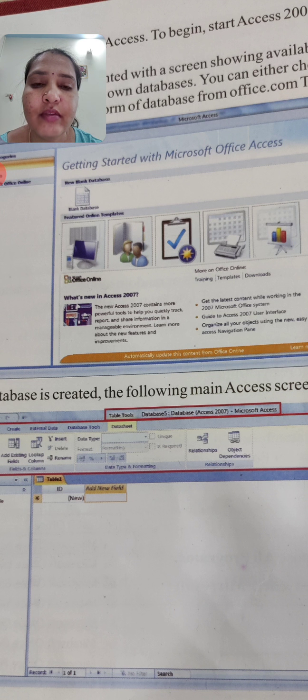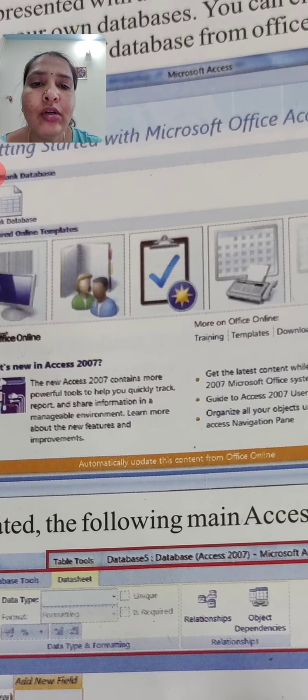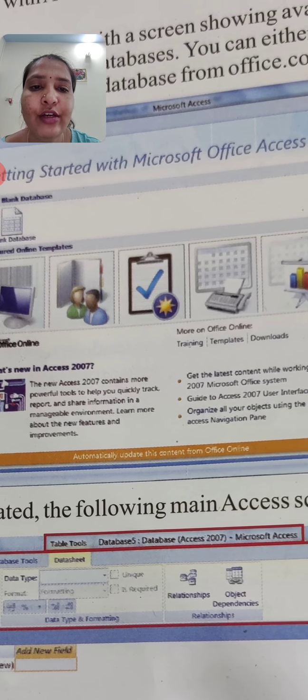Besides that there is another picture with a book along with a girl and boy image. After that one letter pad will be there, and after that one printer image. Likewise there are so many templates they have introduced on the home page of Microsoft Access. So this is all about the window of Microsoft Access 2007. When we open Microsoft Access 2007, the window will look like this.